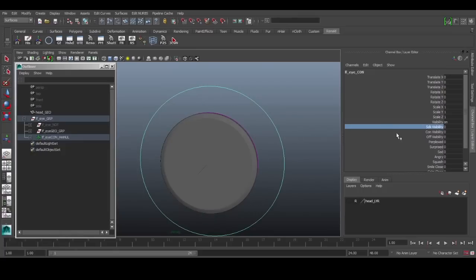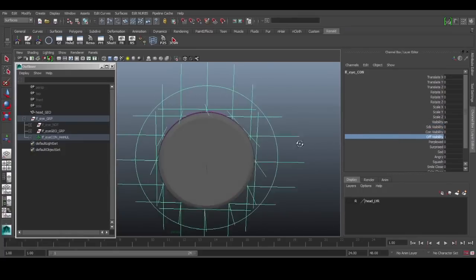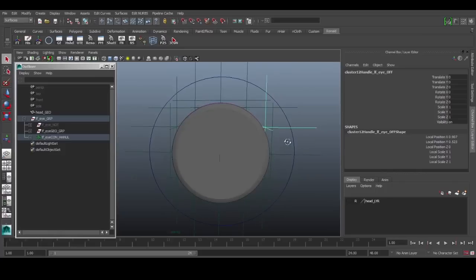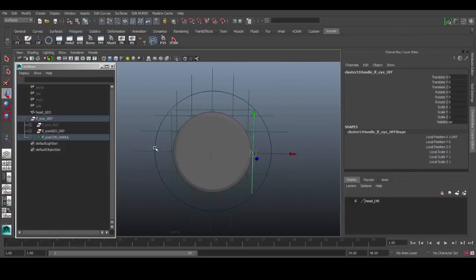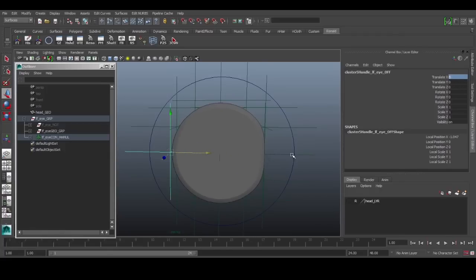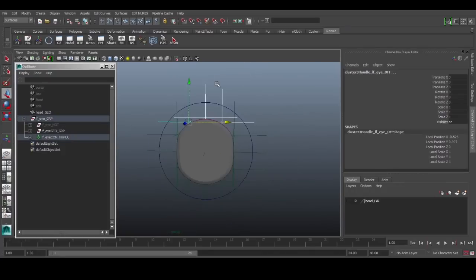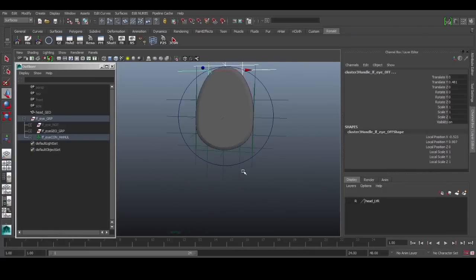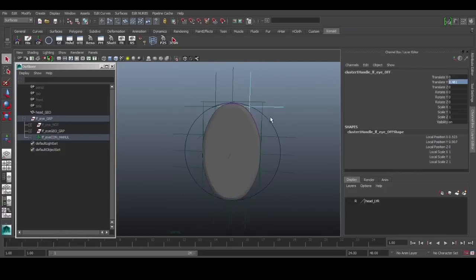Okay, before we do that, what I want to show you is that with our offset visibility controls, we can shape our eye to look more like maybe thinner eyes. So we can push this guy in by 0.15. It doesn't have to be accurate unless you want it to, so it's entirely up to you. So this will be 0.15, and then maybe these three locators can be further up. Further down, and maybe these two can go up.